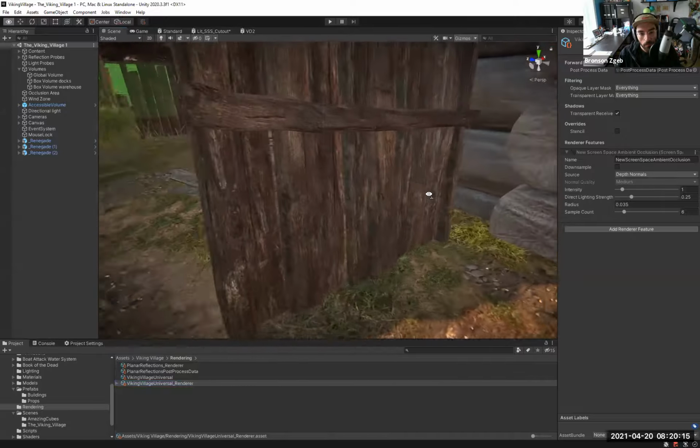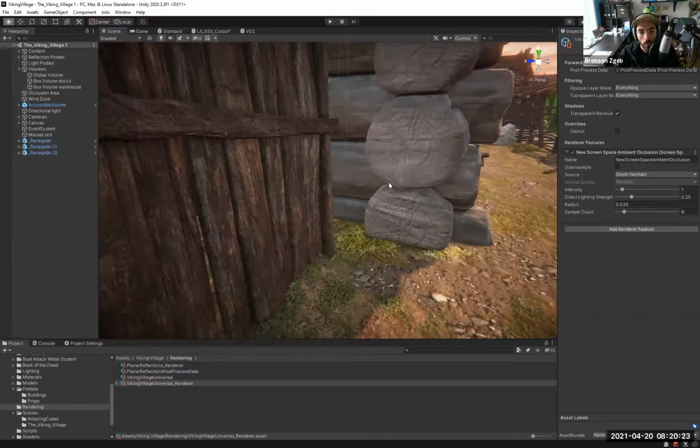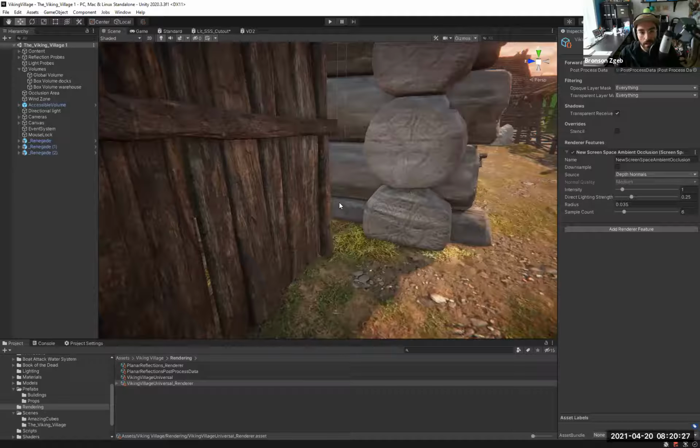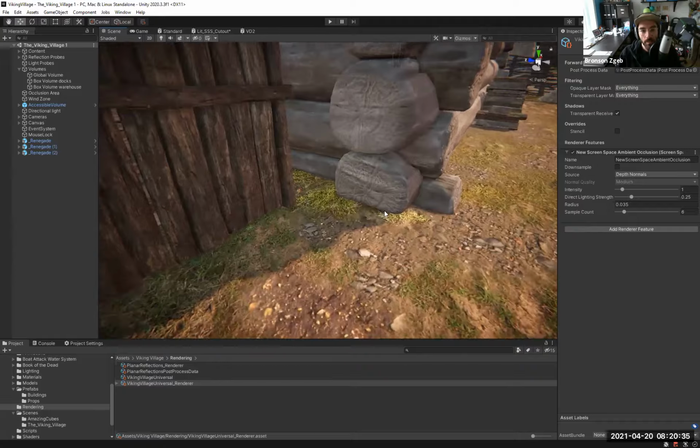So here you can see, for example, when I turn on the SSAO, you can see how the creases between the logs, or even over here, things get a little bit more shadow, and it helps ground things. And for me, one of the best uses of SSAO is it helps your dynamic objects feel more grounded in the same world.